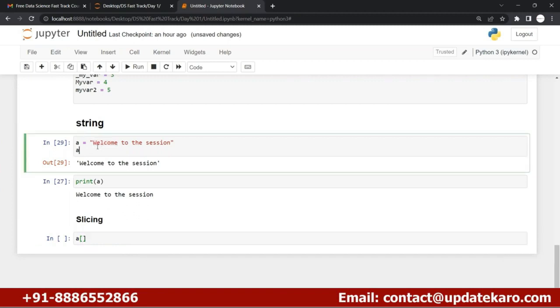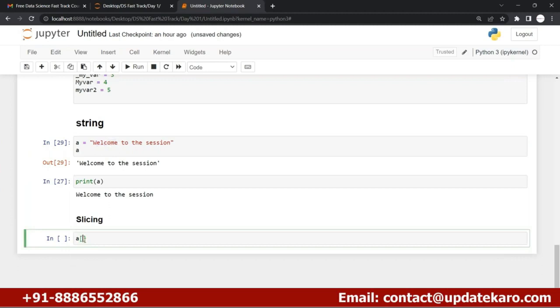Here you can see the string. In Python there is an index for each and every letter in a string. Index starts with 0. You will see the 0 index letter, 1 index letter, 2 index letter, like this, 3, 4, 5, 6. Now what I can do is 0 colon